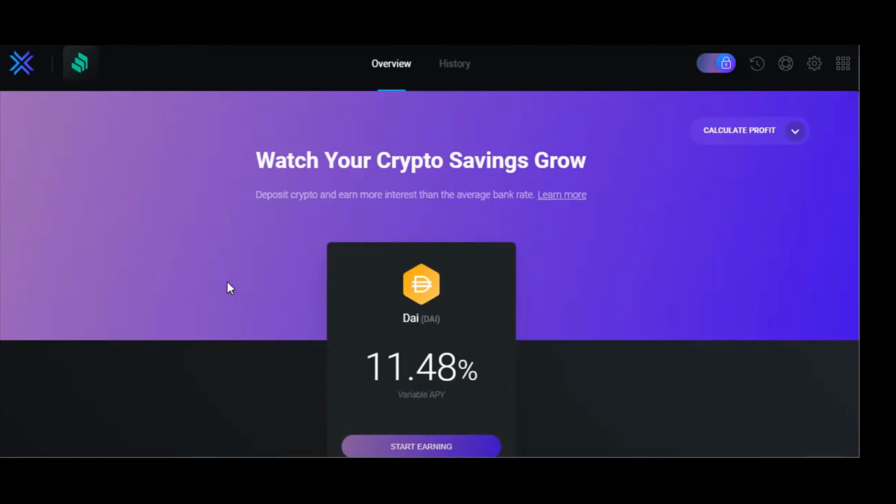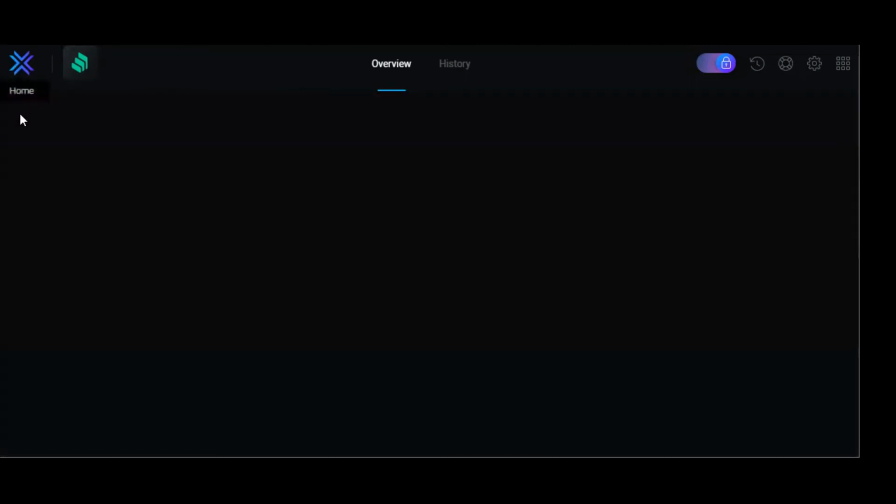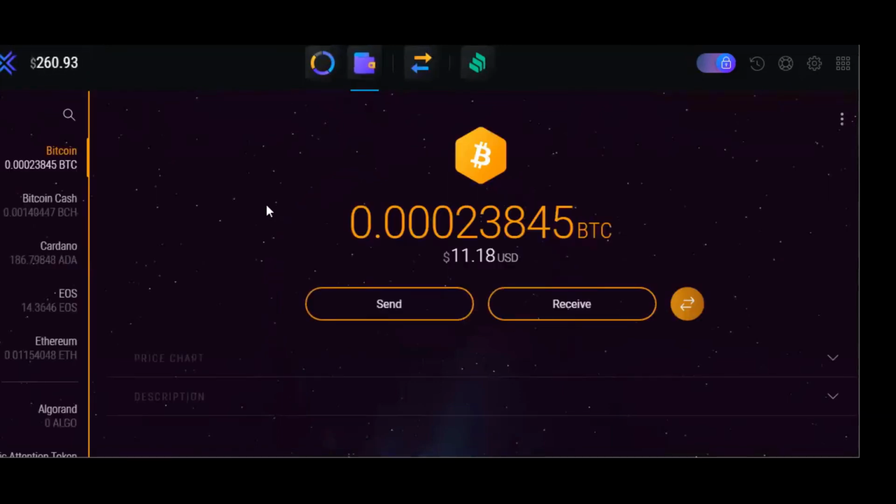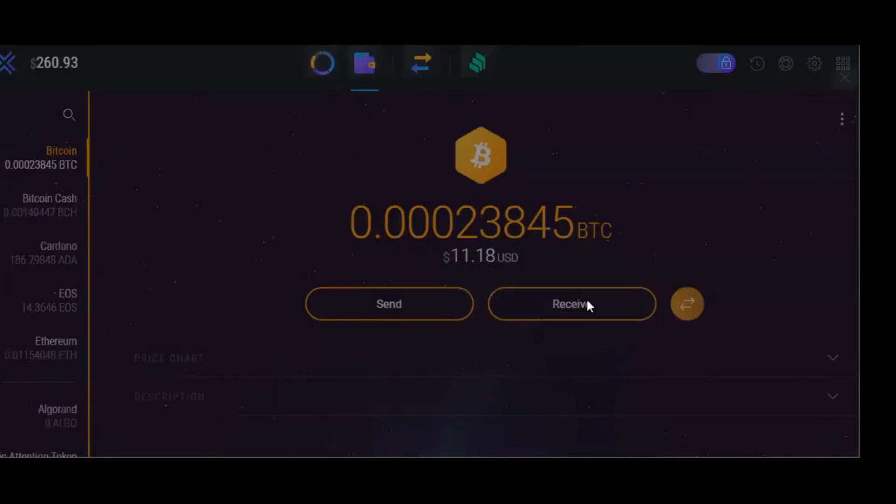And I'll just quickly go back to the license section where it shows us in the wallet. Sorry, I'll just quickly go to the wallet, so that in the event you need to transfer, or you need to receive. So when you're actually receiving,